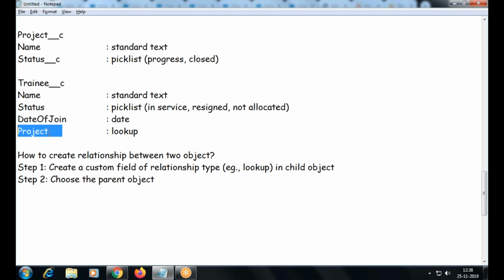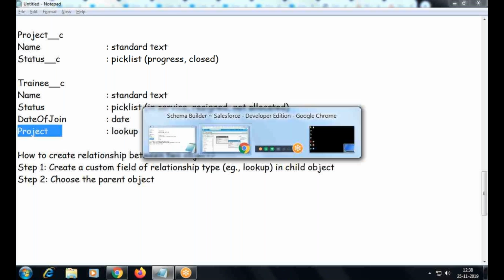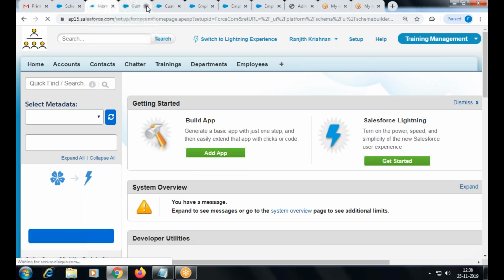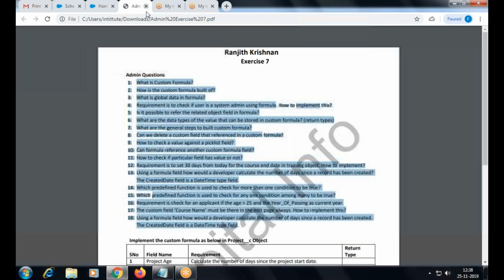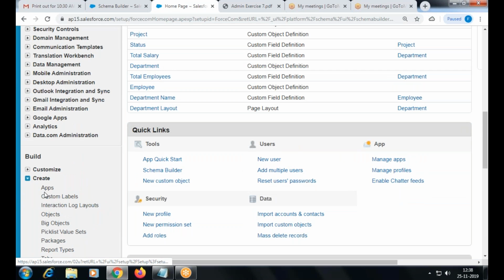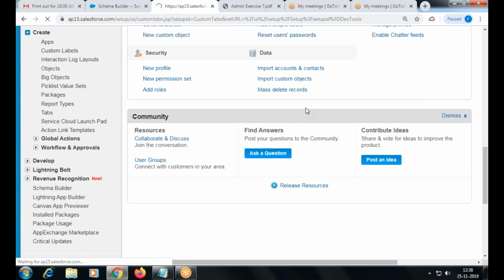We're going to create a, yeah, right. So before I create this, let's create a tab for the field. So create tab.